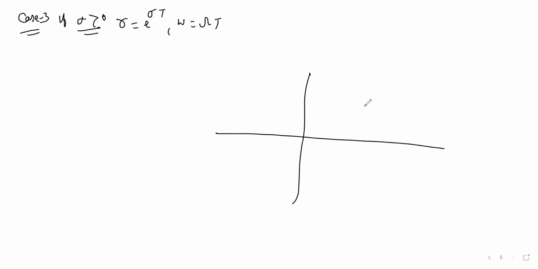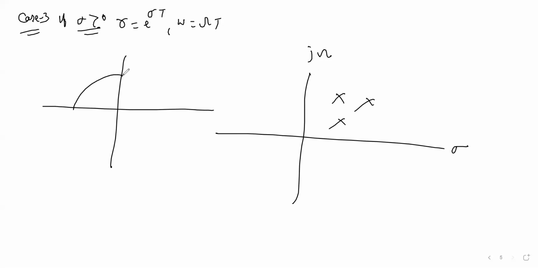If sigma is greater than 0, say r equals e to the power sigma t, and omega is capital omega t. Obviously, sigma greater than 0 means the right hand side, because the left hand side is sigma less than 0. This is the complete right hand side, any pole in the right hand side like this. Now, simple. If you put sigma greater than 0,